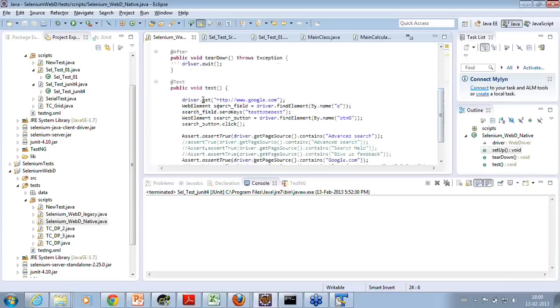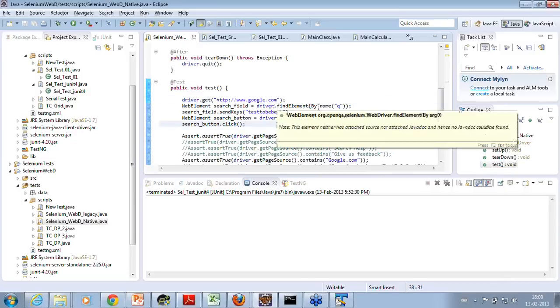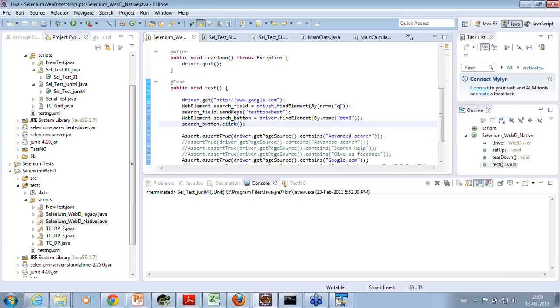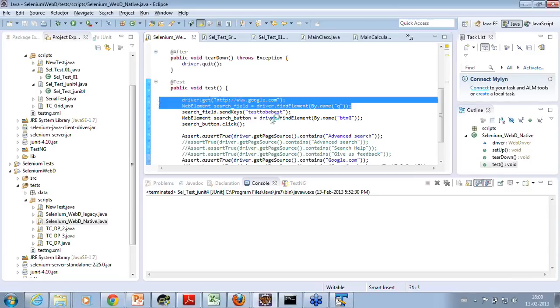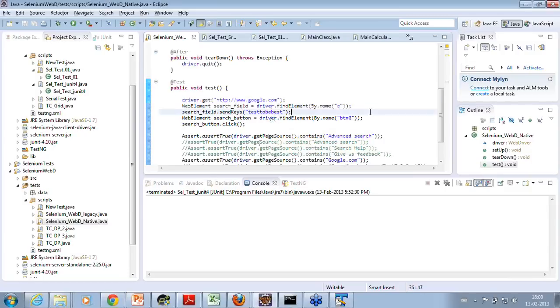But what is the test? That is driver.get, and then I give the URL of the page where I want to go, and then I say driver.find element by name q. So this is more in line with the way programmers do the programming.